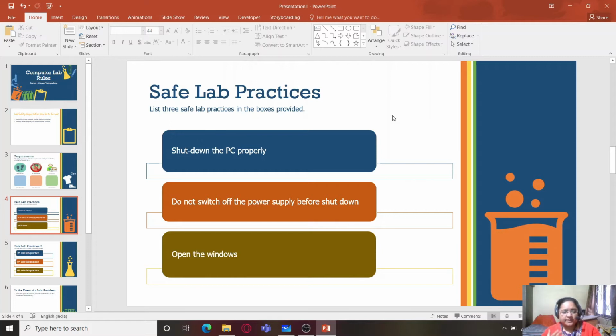Hence there is always a possibility of any type of mishap or hazard due to electricity, so we should always keep that in mind. Hence keep the windows open and always have fire safety. So these are certain things in which you can change the content on your presentation.